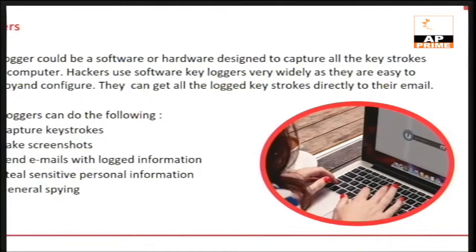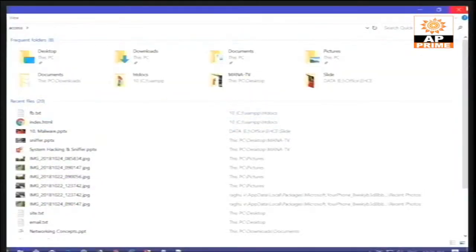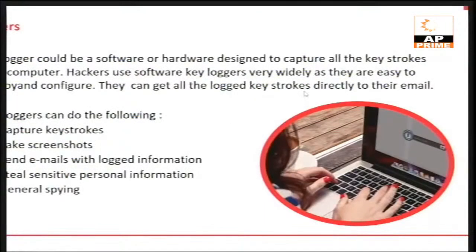But even before coming to this stage, how do we connect a hardware keylogger to the victim's computer? To connect a hardware keylogger to the victim's computer, you actually have to have physical access to the victim's machine. So you need to go to the victim's computer, right? You'll have to go to the victim's computer